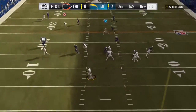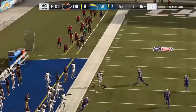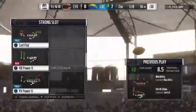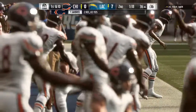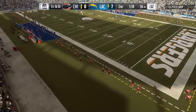After the interception, here's Trubisky out to his left. And this is Gabriel on the catch. It's a big-time play there for the Bears. 48 yards. And the young buck showing that ability, that agility to dance outside of the pocket, complete the deep ball. And don't think for a second that the coaching staff didn't have their heart rate accelerate a little bit